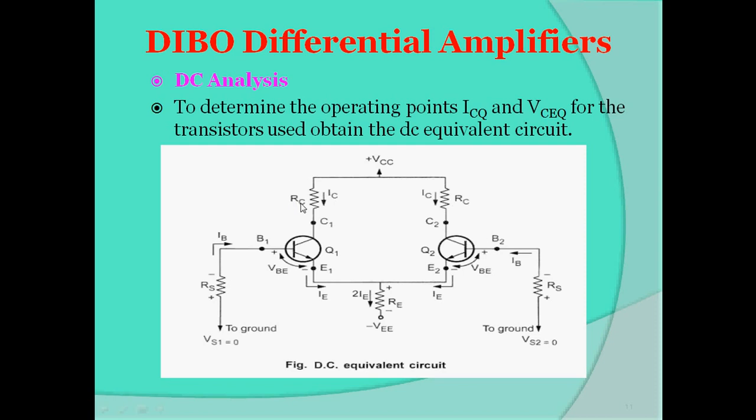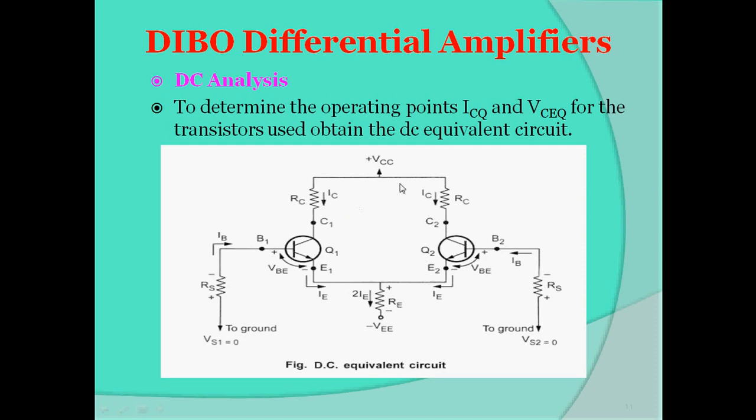We are representing RC1 equal to RC2 equal to RC, and the two emitter resistors, their parallel equivalent resistance, we can represent as RE. There are two currents flowing through this resistor: IE1, and IE2, which is the emitter current through the transistor Q2. Both the currents are identical, so we denote them as IE. So the current flowing through this resistor RE is IE plus IE, twice of IE. IC is the current flowing through resistor RC, where IC1 is equal to IC2, which is IC.